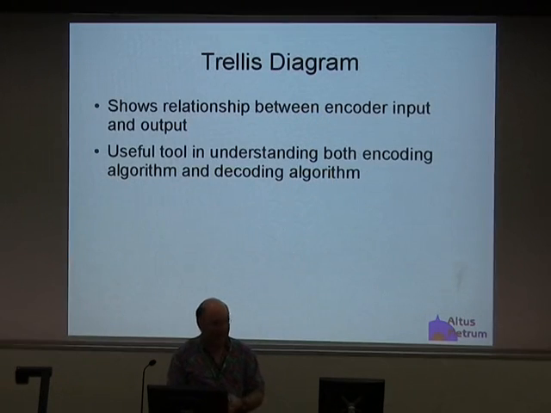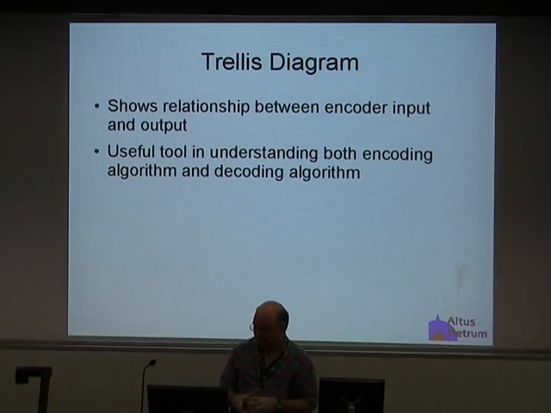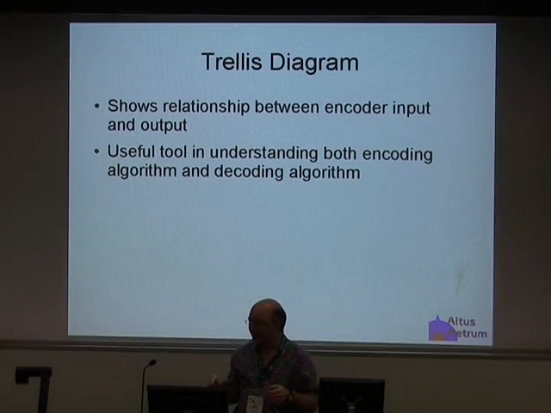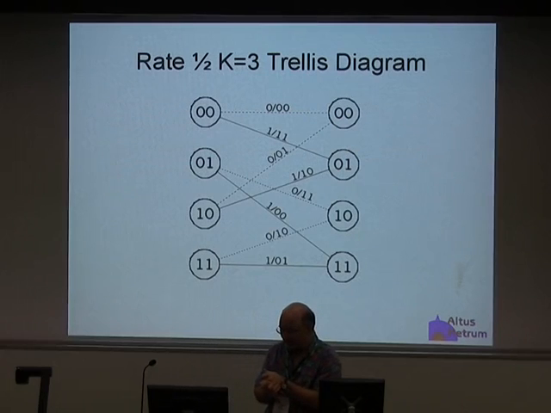Okay, how does this matter? You've got this crazy encoding. What's this going to do? Well, it constrains the output, so that when you have a particular sequence of input bits, you get a different collection of output bits. Of course, I'm going to skip over that one and explain the trellis diagram here.